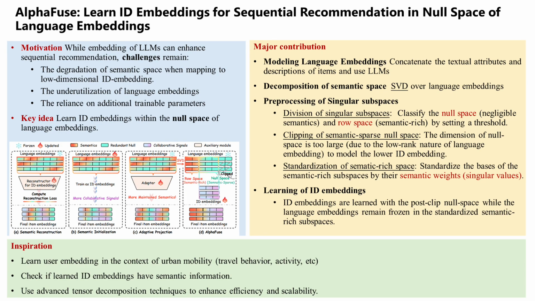Today, we are strapping in and going deep on the technology that runs the modern internet, the recommendation engine. Specifically, sequential recommendation systems. The tech that decides what Netflix shows you next or what Amazon thinks you should buy. Our mission is to unpack a really radical new strategy for making these engines smarter. It's called Alphafuse. And the core challenge it's trying to solve is this fundamental conflict between two types of data.